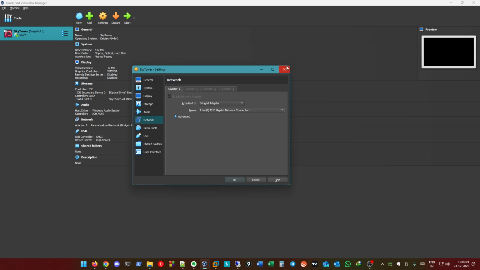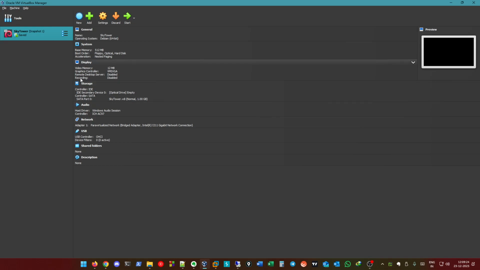I hope you have understood these settings, and that's all. Now we can start our machine. My setup is like this: this machine is in the bridge network, getting an IP address in the same network as my Kali machine, and my Kali is also in the same bridge network, and both are in different virtual machine software. The method I showed you for host only, adding this machine to host only and adding one more adapter with bridge to your Kali, will work